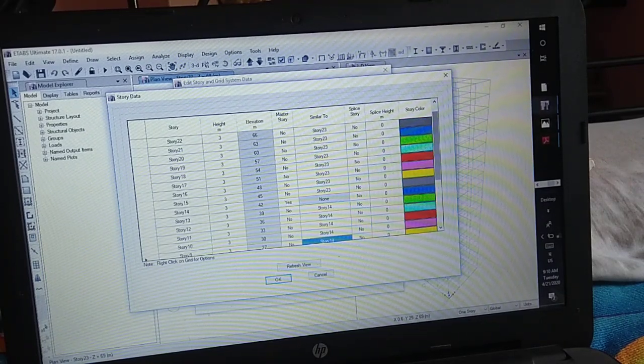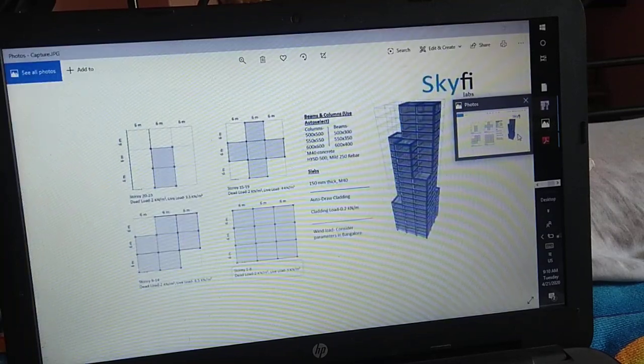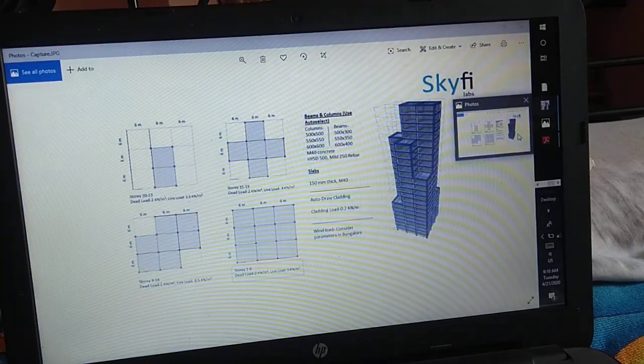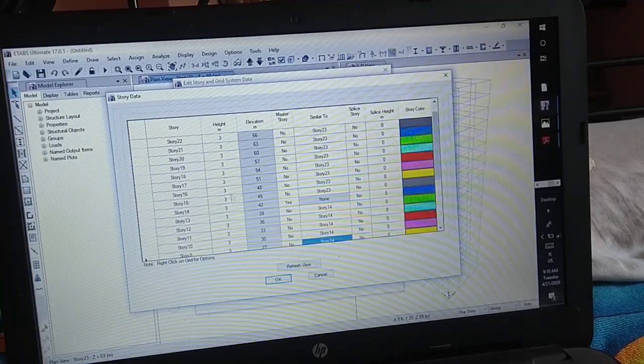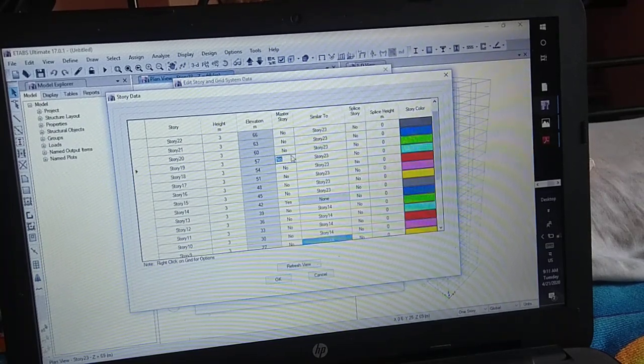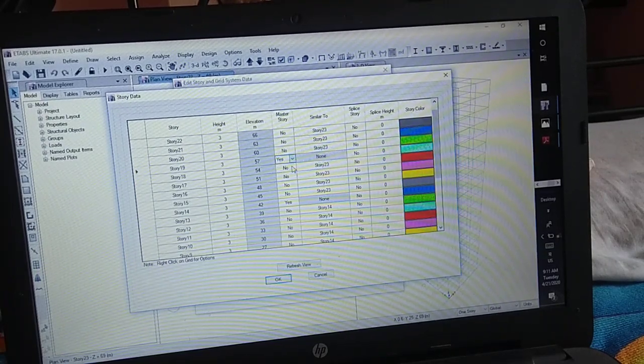Then next is story 15 to story 19. So story 19 will be our master story, and other stories are similar to master story.